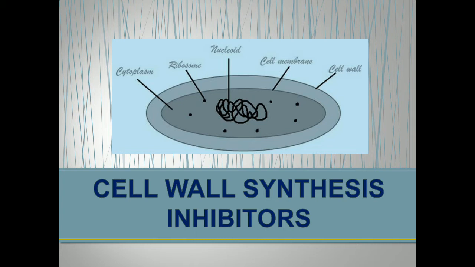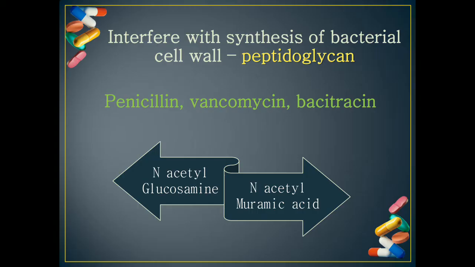So even if we have an infection and we take in an antibiotic that inhibits the cell wall synthesis of a bacteria, our cells will not be affected because we don't have a cell wall. So the antibiotic cannot go and attack our cells. The antibiotic will only go and attack the bacterial cells. Hence, cell wall synthesis inhibitors are a preferred mode of action when we look into antibiotics. So these antibiotics go and block the synthesis of the bacterial cell wall. How do they do it?